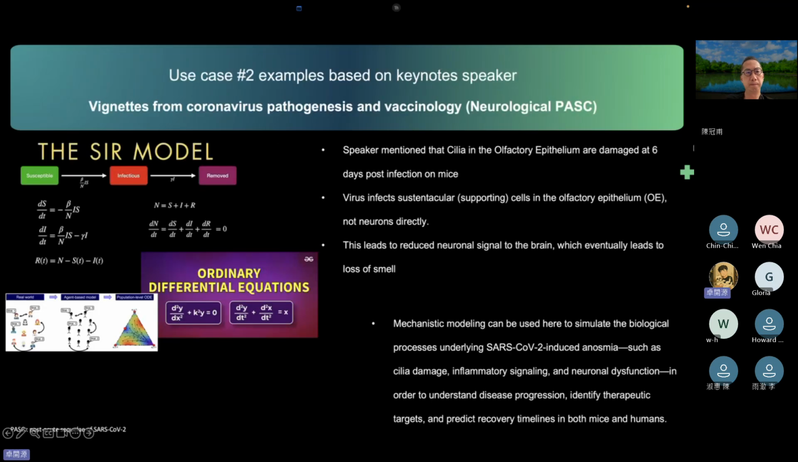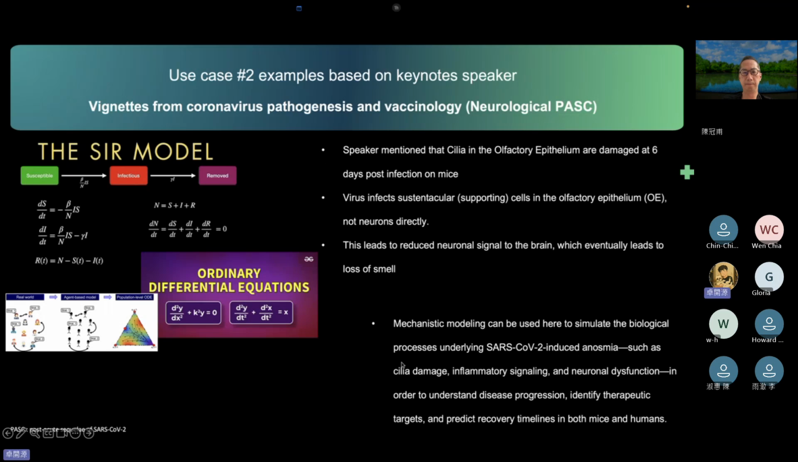Another use case example from the keynote speakers. The speakers also mentioned that patients who contracted COVID-19 have a neurological PASC. They mentioned that the cilia and the OE are damaged at 6 days post-infection, but these were all tested on mice. Since testing in humans is not ethical, we can use mechanistic modeling as well to